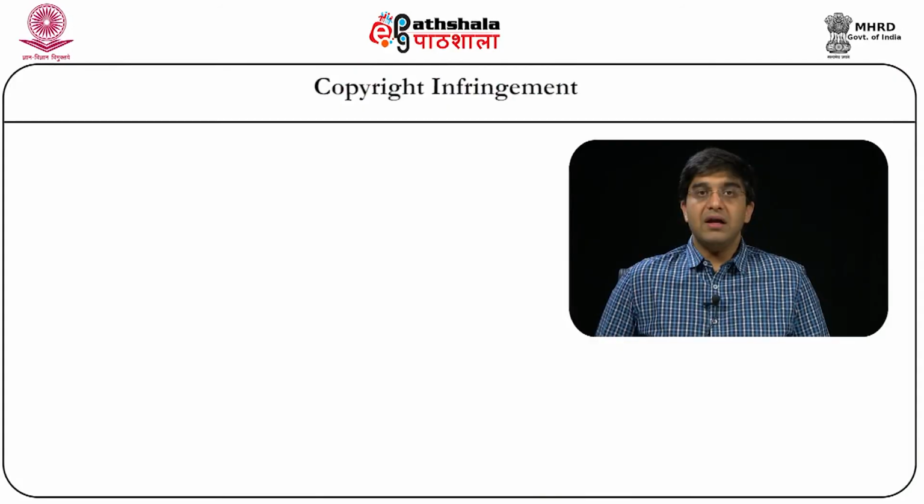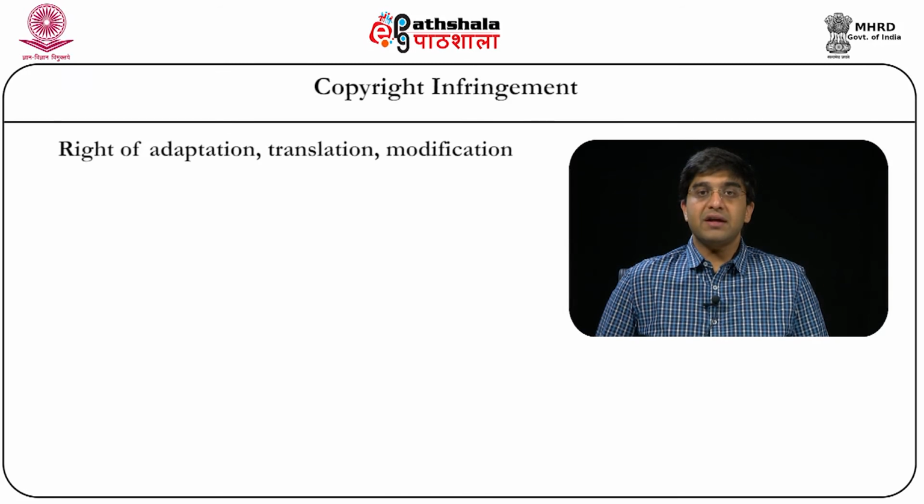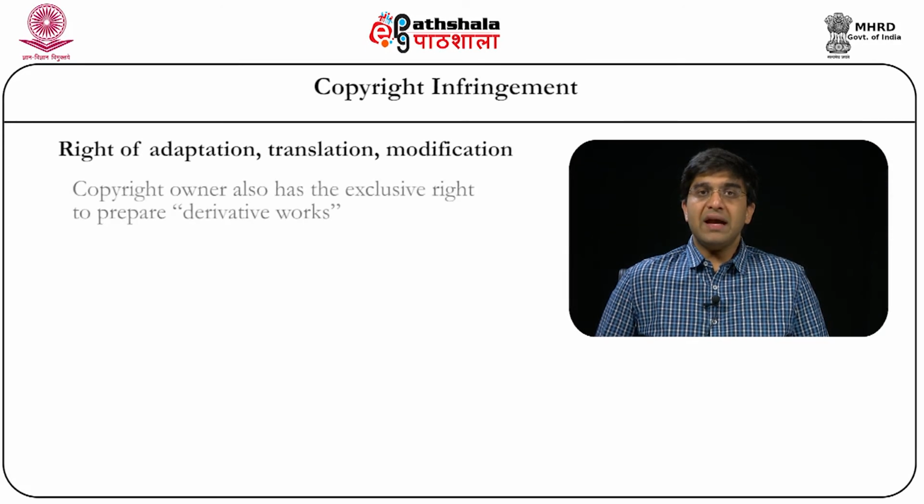In the terms of a literary work, the performance of the work by recitation, for instance, would also be prevented by a copyright owner unless he gives permission for the same. If a recitation is done without his permission, it would infringe his right of public performance of the work. The next set of rights available under section 14 is the right of adaptation, translation, and modification. The owner of a copyright not only has the right with respect to the work he creates, but also has the right to prevent others from making an adaptation of his work.